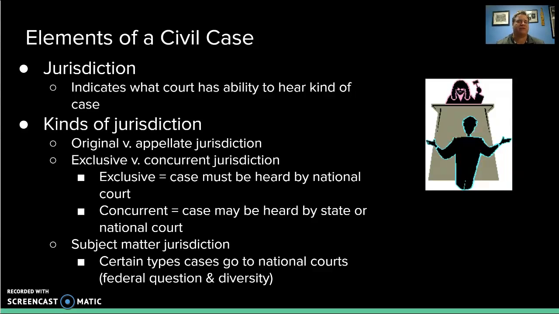But there's a couple other kinds of jurisdiction as well. For example, is this a case that must be heard by a national court at the federal level, at the U.S. trial courts, the U.S. Court of Appeals? Or is this a case that can be heard by a state court? Or does it have concurrent jurisdiction where either a state or a national court can consider the matter? That generally turns on what kind of law is being alleged to have been violated,